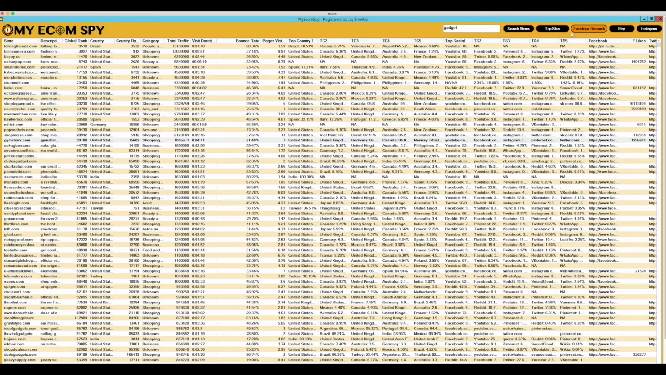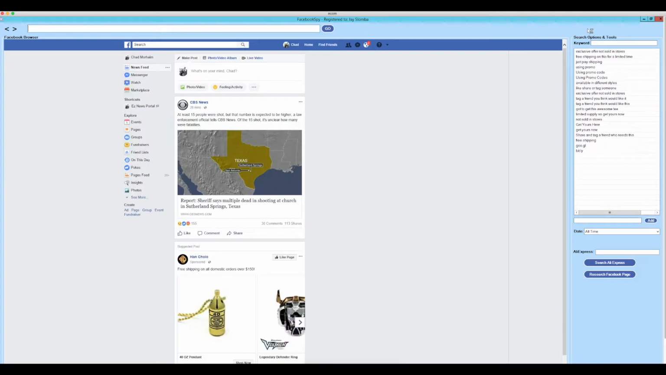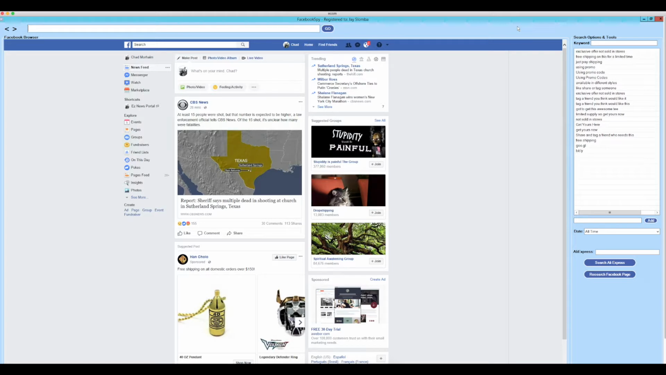So that's top sites. So what I'm going to go to now is this Facebook research tool. Now, this is extremely cool. All right. So what this tool is here is, you have to log into Facebook, obviously, to use this, just so you know. But what it does is